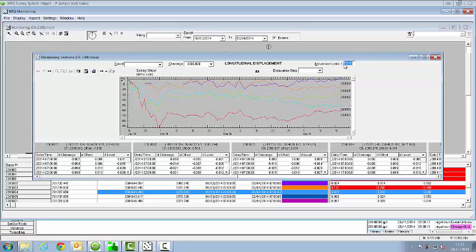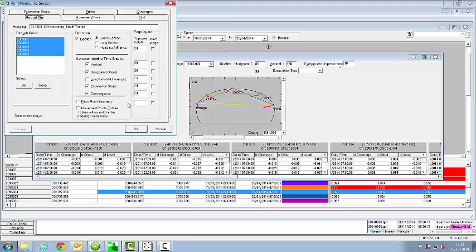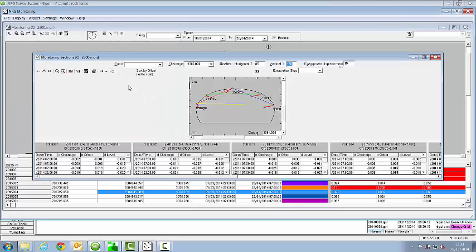And on the plan view, we might want to exaggerate the movement of these points, and we can see how they've all moved towards the centre of the tunnel. And then when I want to print this as a report, I customise what I want to see, and we have a variety of printouts. We can view the excavation steps along with the report,